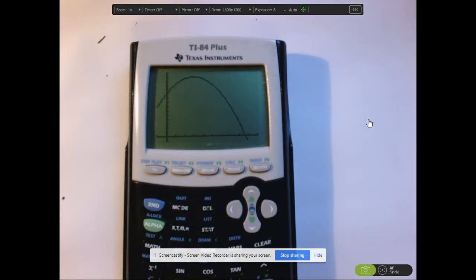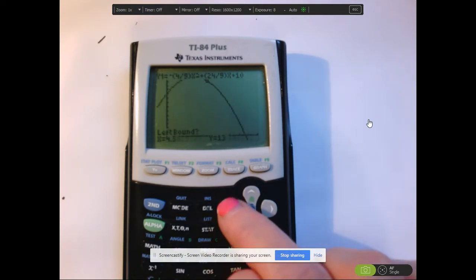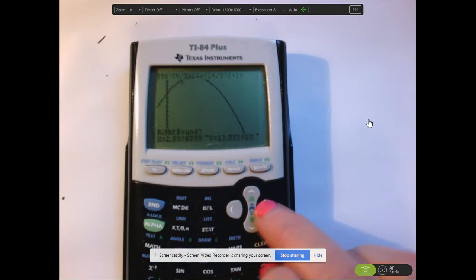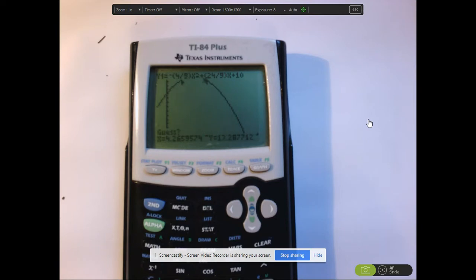So let's go ahead and find the vertex. Second trace, the vertex is going to be a maximum. So I'm going to put my cursor on the left bound. Over there looks good. Hit enter. And then the right bound. Over there looks good. Hit enter. And guess, so I'm going to hit enter again. And it looks like my vertex is at 3, 14. So it asked me for the y value of the vertex, so 14 feet would be his